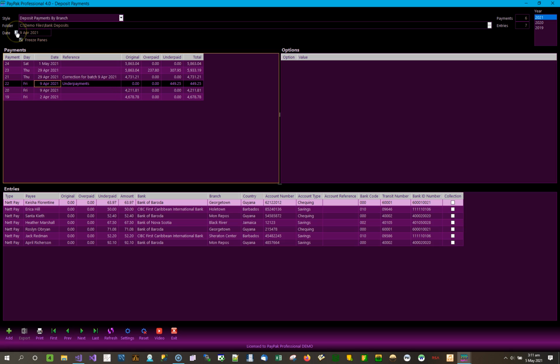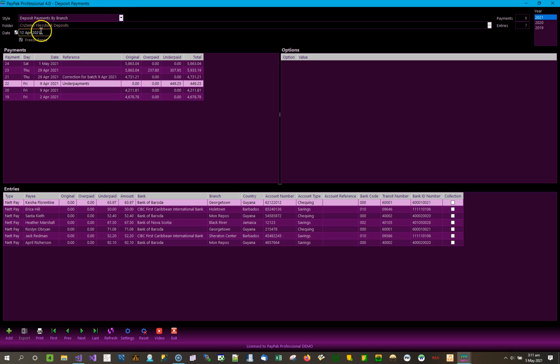let's say this was a Friday, you were to send the file to the bank, but for some reason it was late or you missed the deadline, and you want to send the file again on Monday morning, but the bank will not accept it with a past date. What you would do is very easy. Don't go and prepare a new payment. You don't have to do that. You click on the date here, you overwrite it, and you can change it to the 12th. And when you export your file, if you're using a file format for a bank where it requires a date, that's the date that will be used, because sometimes